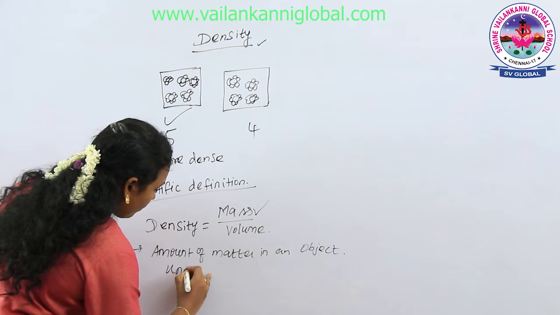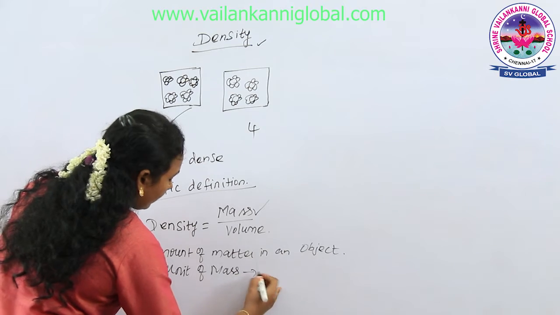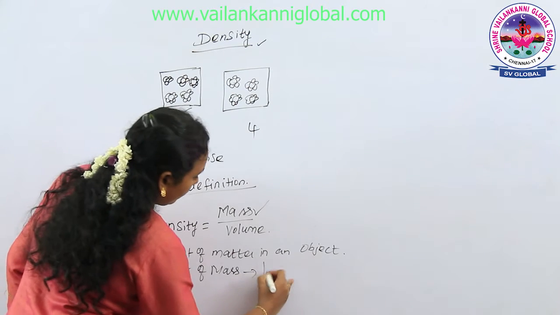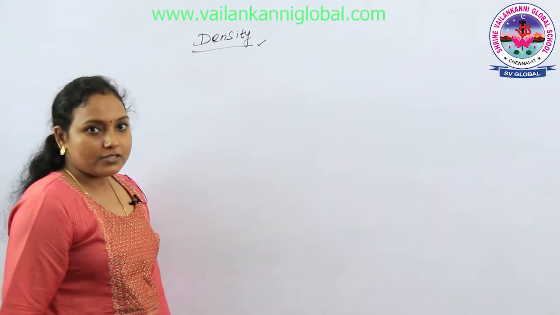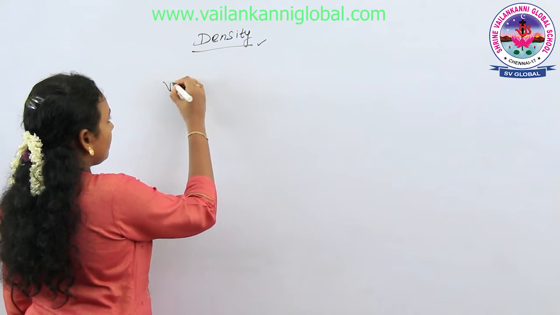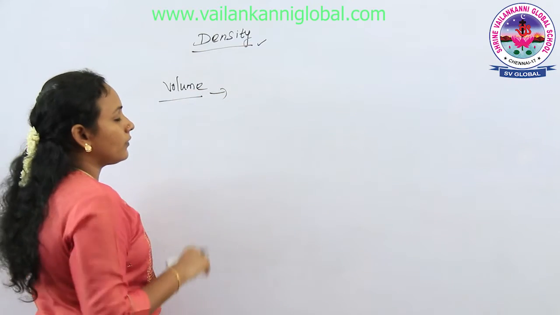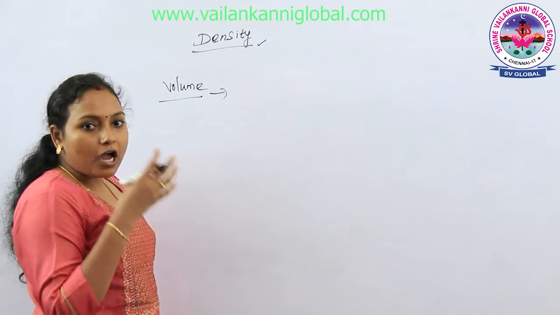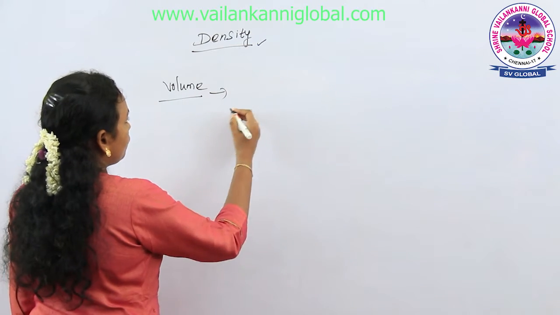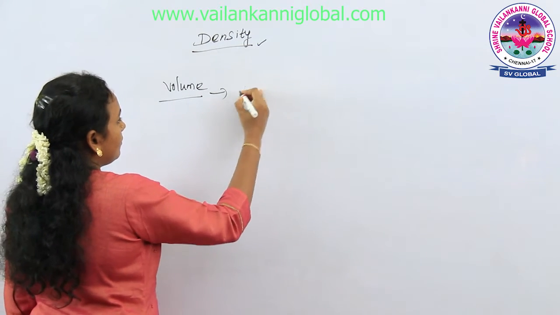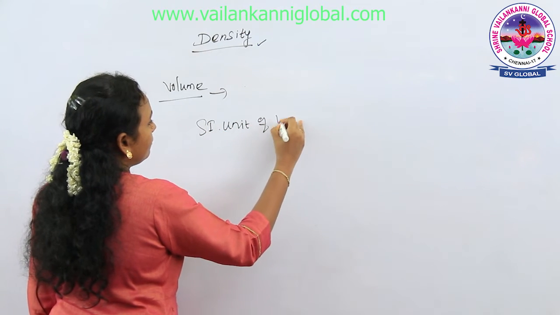The unit of mass is kilogram or gram. Next one is volume. What is volume? Volume is nothing but how much space the object can occupy. So the SI unit of volume,